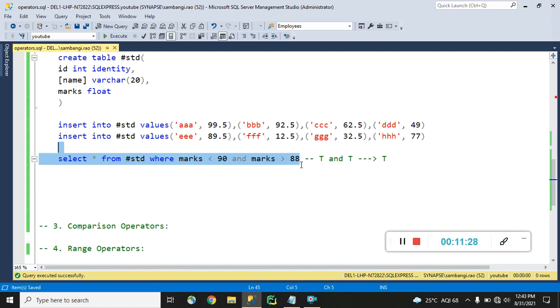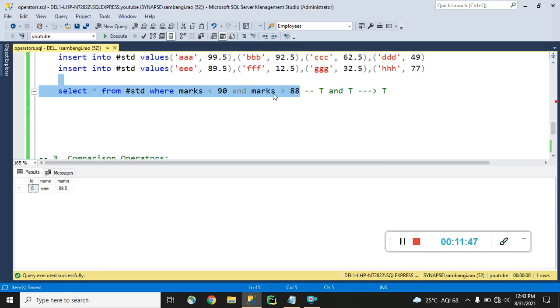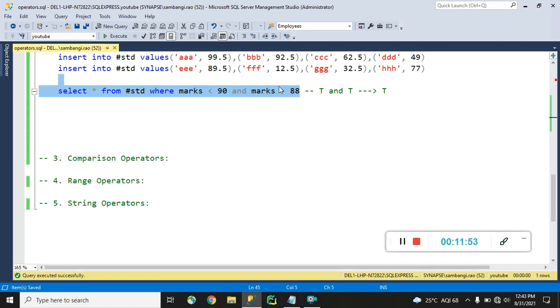Yeah, 89.5 marks here. So he will be retrieved here. There is a student who satisfies these two conditions. That's why we got data.